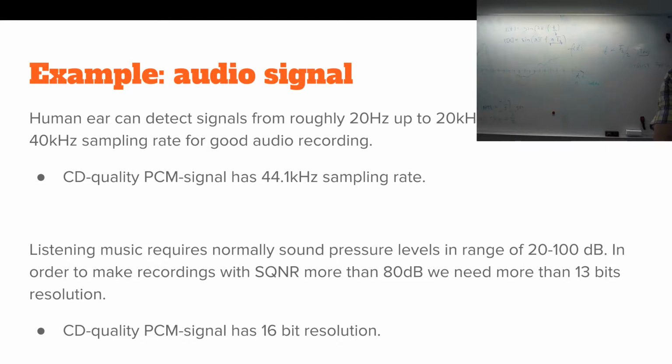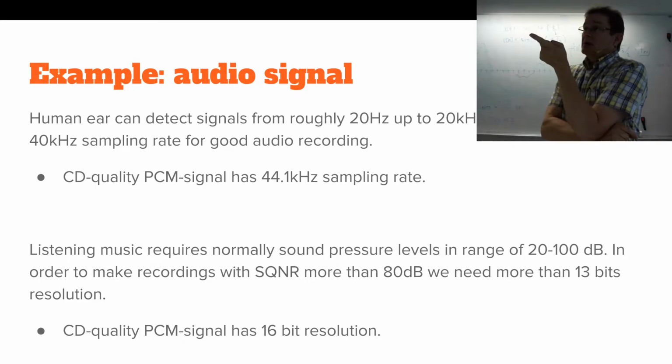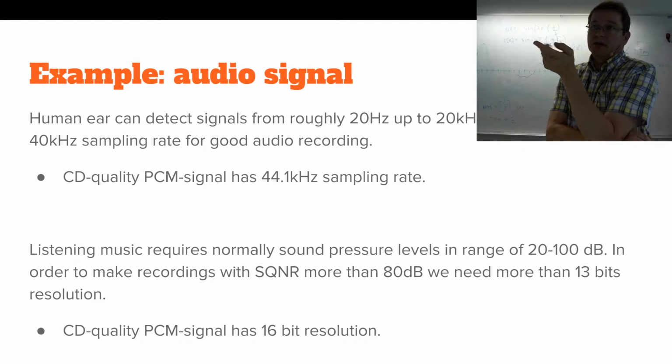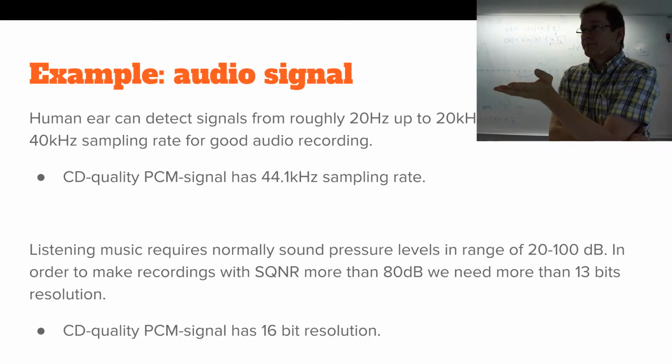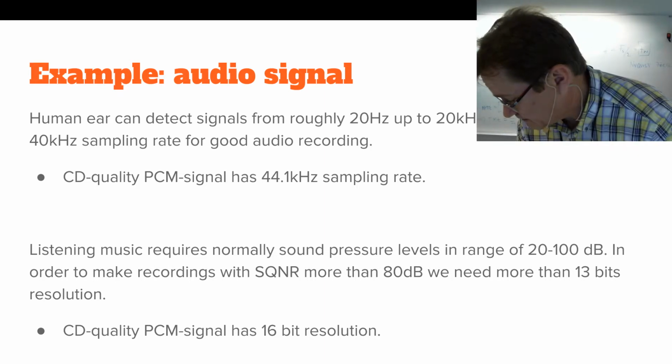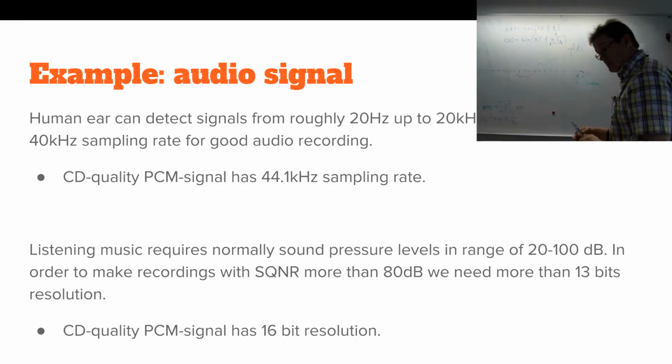So 44.1 actually fits quite well, since you needed at least 2 samples for each cycle, so there you can actually sample 20 kilohertz signals without any problem. And then there's even that small margin for,